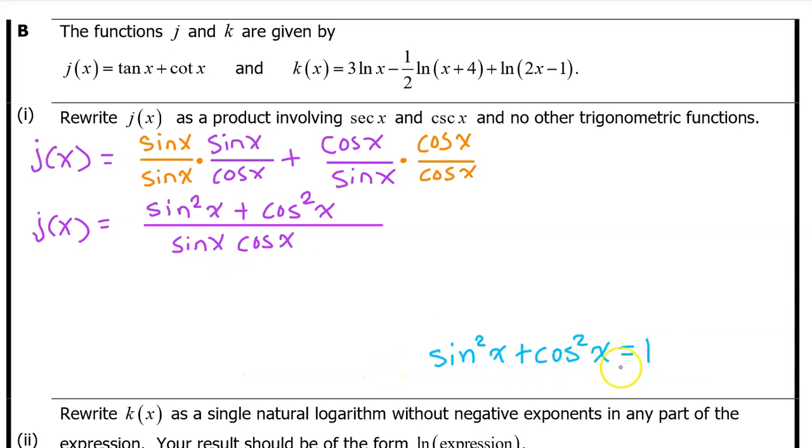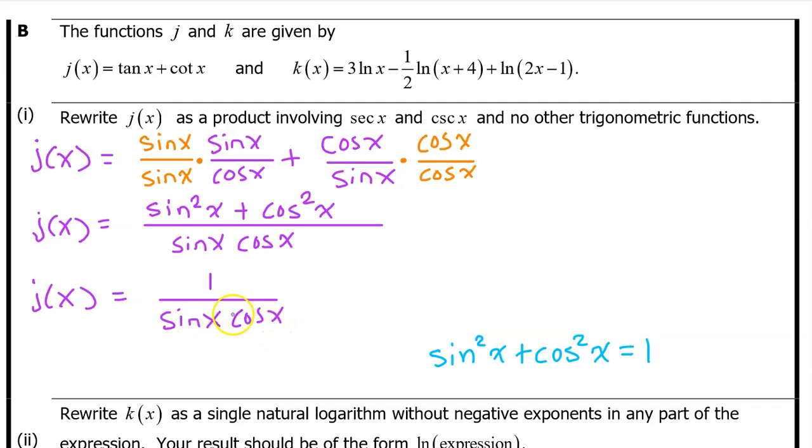If you haven't already learned this, here's an important formula that you need to memorize called an identity. Sine squared x plus cosine squared x is always equal to 1. So we see the sine squared x plus cosine squared x in the numerator. We can substitute this with the value of 1. That gives us j of x is equal to 1 over sine x